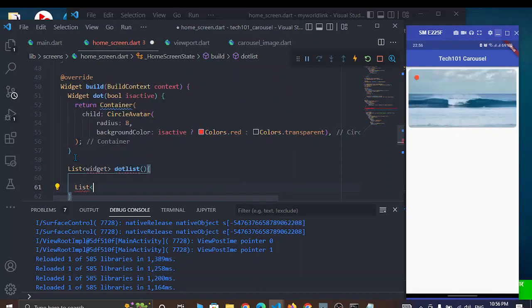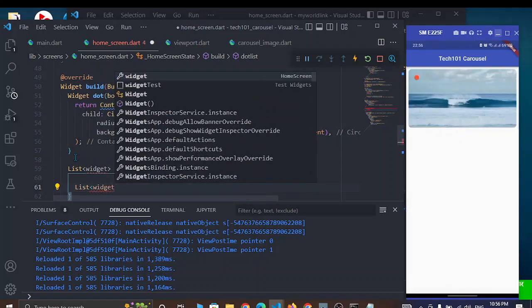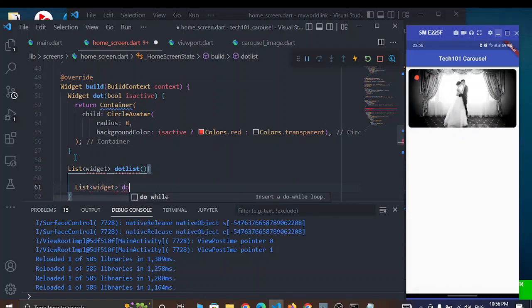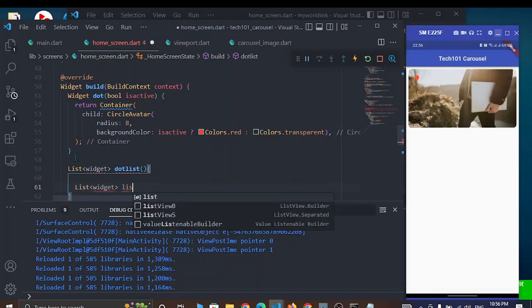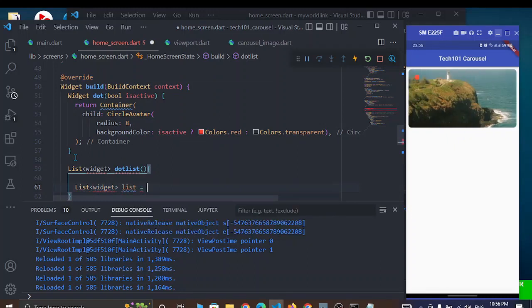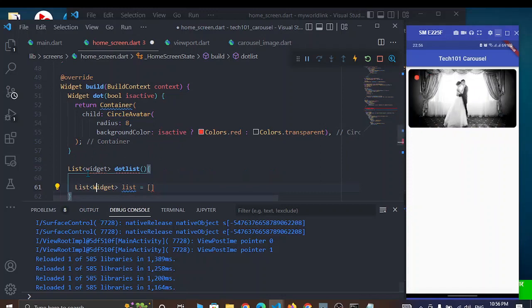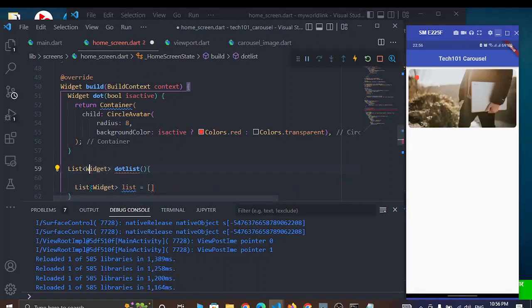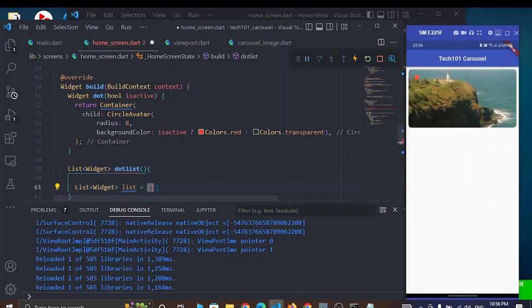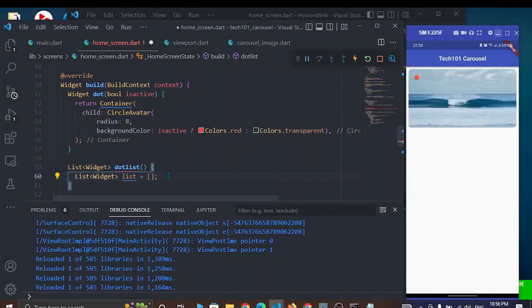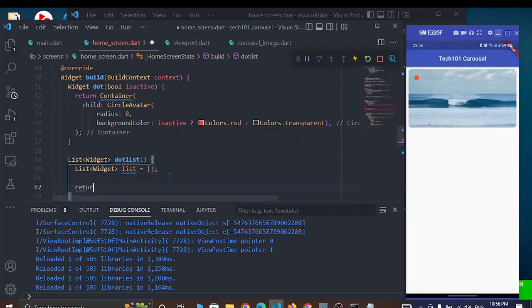List widget. Okay, let me give it a name list, and W should be capital. And now I'm going to return this list. Okay, return the list,